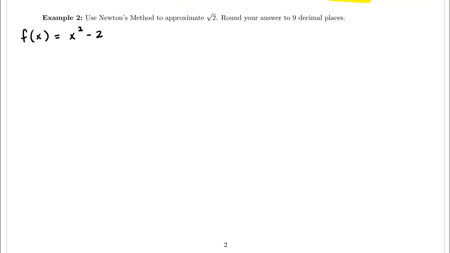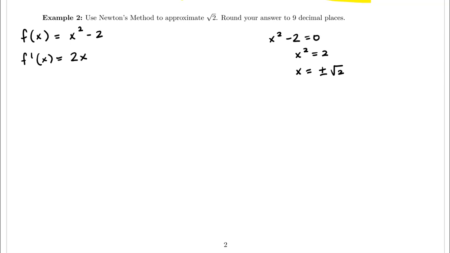And the reason that I'm making my function be this is, notice that if I set x squared minus 2 equal to 0, and I add 2 to both sides, and then solve for x, I would get x equals plus or minus the square root of 2. So because this function has a root of the square root of 2, now I can utilize this function in my Newton's method formula. So I'm going to go ahead and find the derivative of this function,